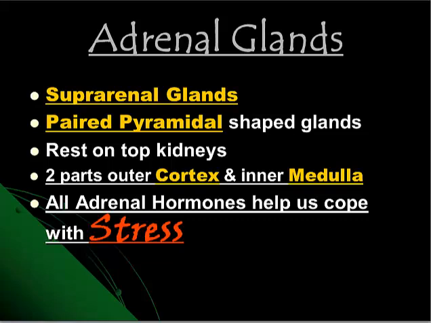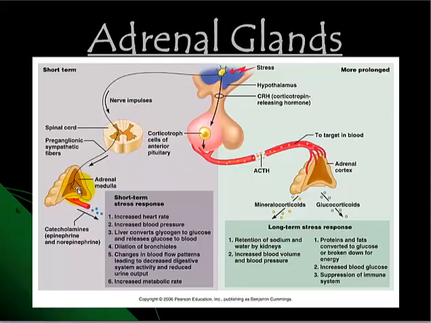So about the adrenal glands, real quick anatomy is that you should know that the adrenals are sitting on top of the kidneys, therefore they're called suprarenal. The adrenal gland is really 2 parts. There's an adrenal medulla on the inside and adrenal cortex on the outside. The adrenals are part of the sympathetic nervous system,